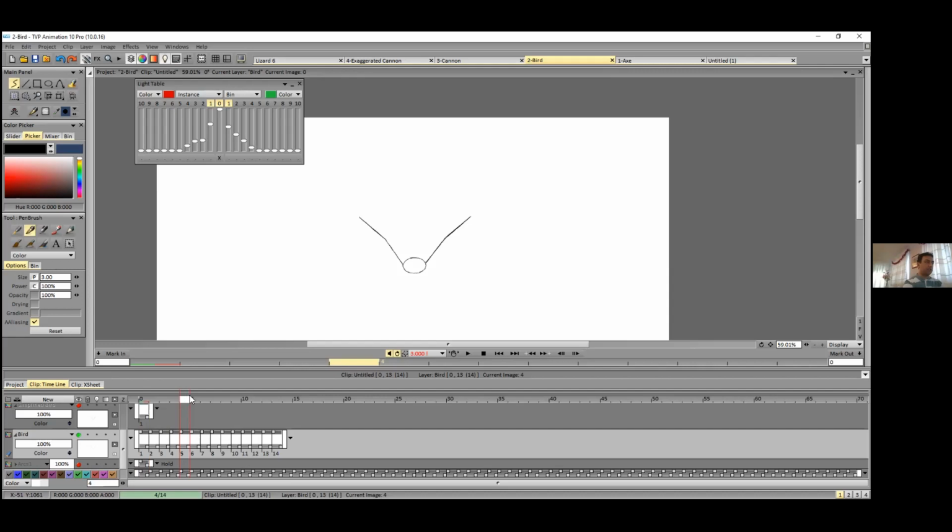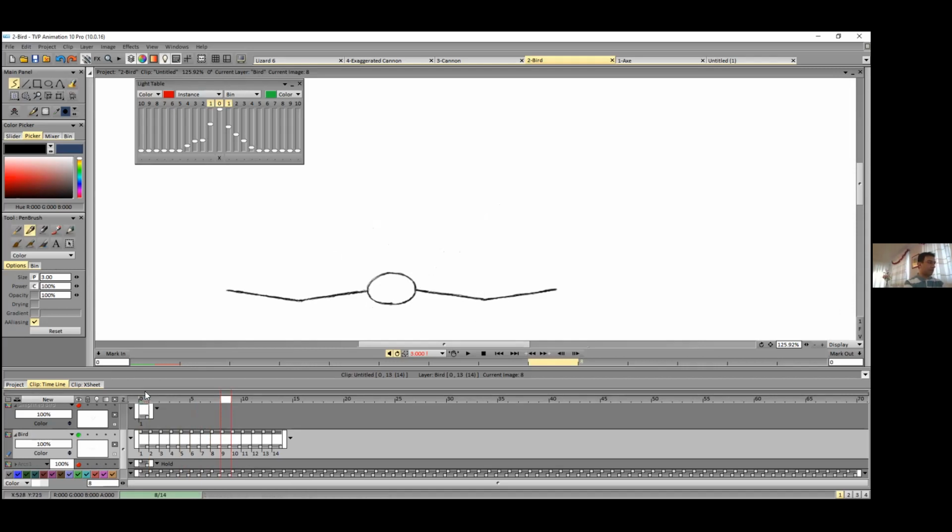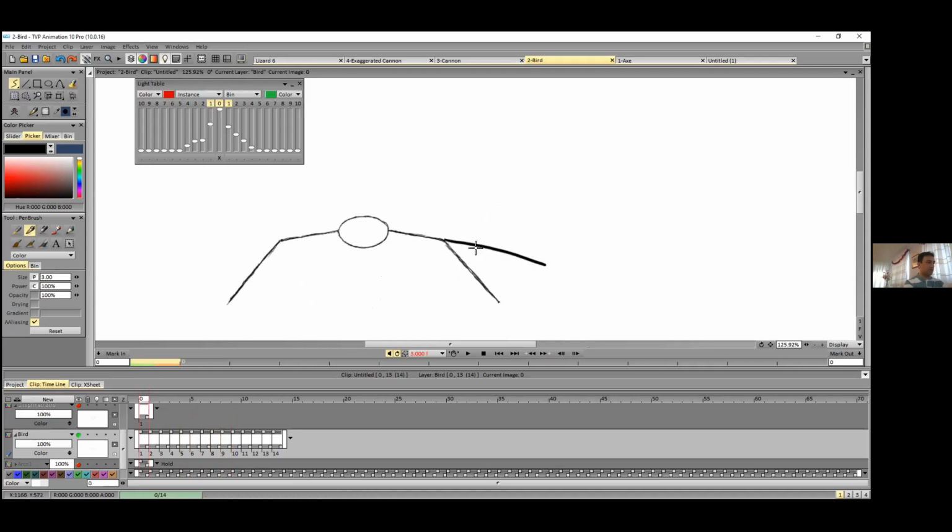At the highest position, it is almost aligned. When it's going down, it is again almost straight. It is not like here, there's a large angle here. Here there is a large angle when the first part is going up, but when it's going down, the angle is very small.